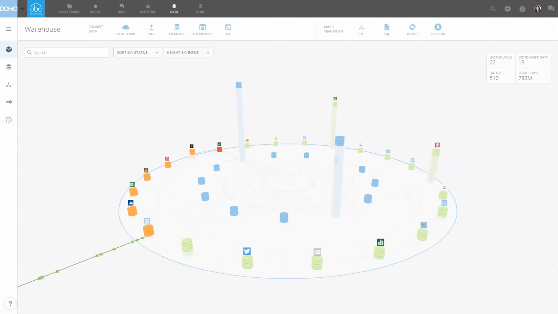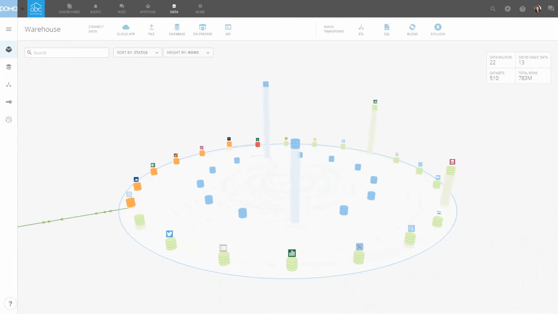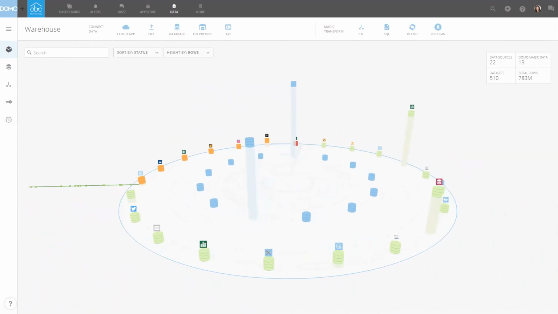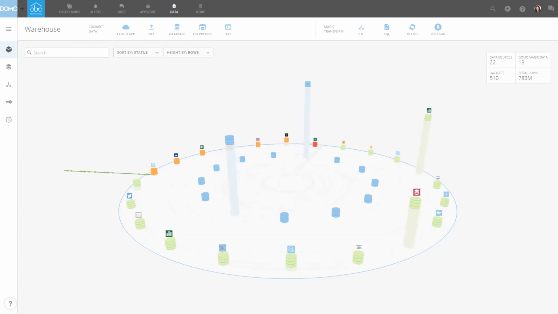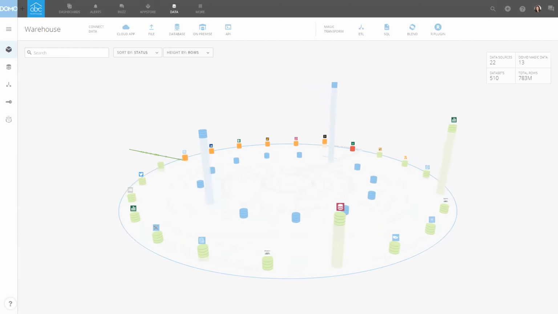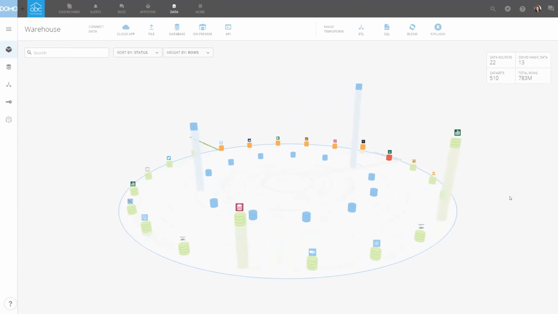So reporting on your loan origination data is awesome. Reporting on your CRM data is awesome. Reporting on your general ledger data is awesome. But you can really get even more out of these three sources by bringing them all together and being able to report on that combined data. So taking you here to the platform, this is what a typical data warehouse might look like.